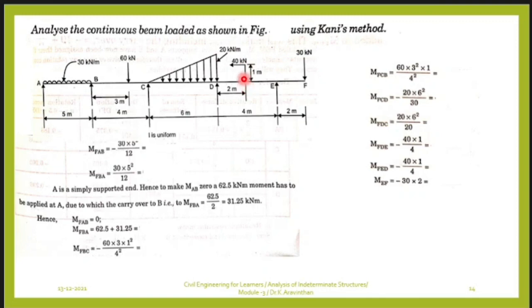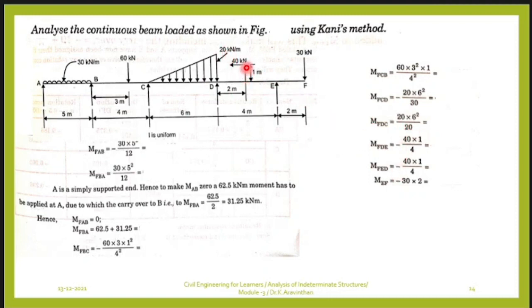What happens at joints D and E? It creates a moment. So load into distance will be what? What is the formula for moment? Load into distance. So the same thing which is here, that is 40 into 1, is called moment. So your formula is 40 into 1 divided by 4. Note here that both are negative. Why both are negative? Can you guess? See, MF DE and MF ED are both negative here. Why?